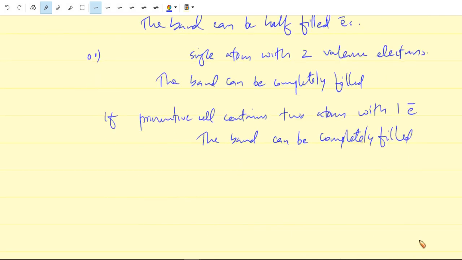Now let us differentiate between metals and insulators. What is the difference between metals and insulators? If the valence electrons exactly fill one or more bands, leaving other bands empty, then the crystals are said to be insulators. In an insulator, if an electric field is applied, the electrons cannot move, so there will not be any current. Such crystals are called insulators because the band in which electrons are occupied is completely filled, so no electrons have freedom to move in an electric field.